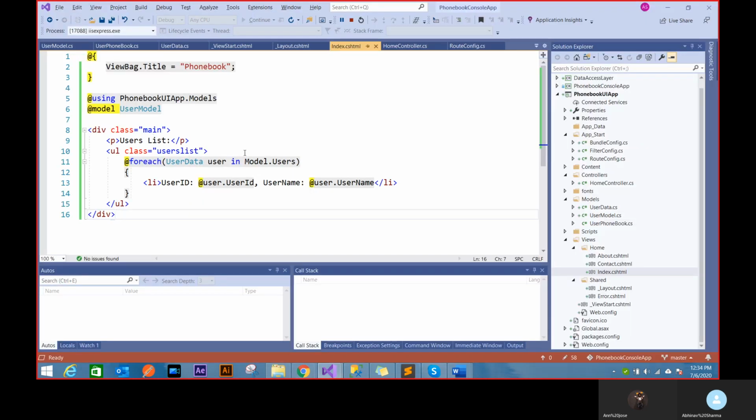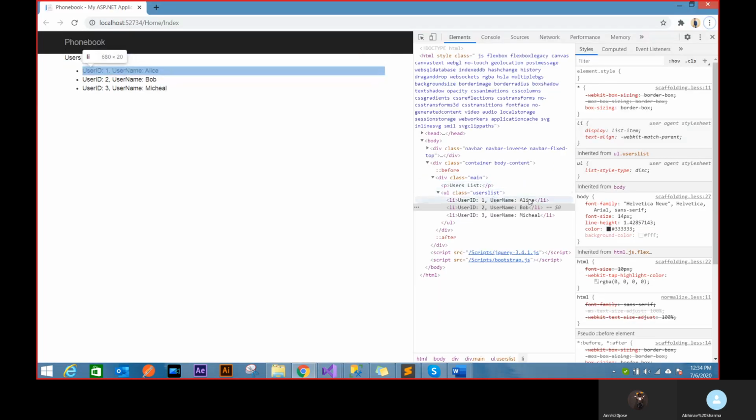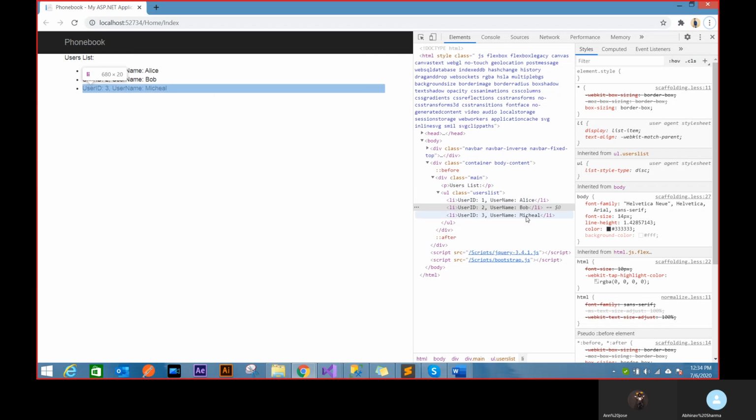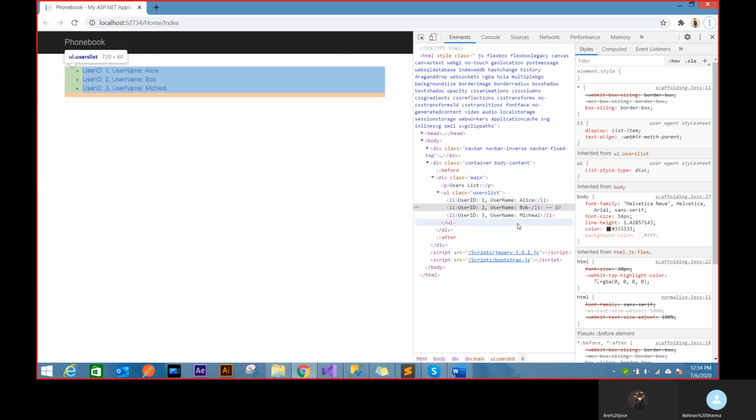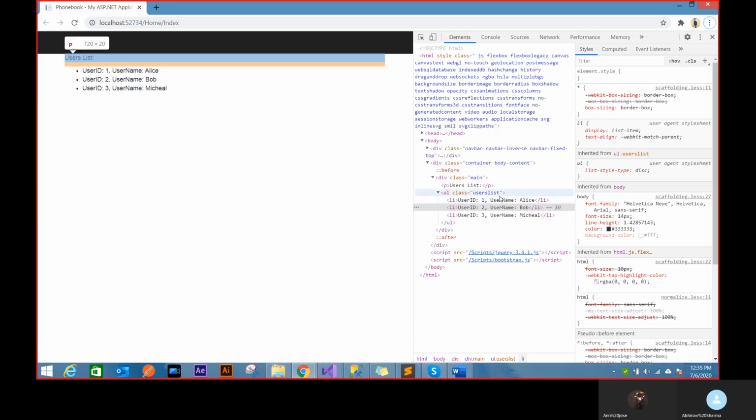I'm running a foreach now. And this thing is pre-filled now. So ID is 1 and Alice automatically comes. So you see how models play around with controllers. Now you can imagine I can fill this dummy data with the real data from SQL Server, right? That's possible. So we'll be doing that. So that's user ID here.